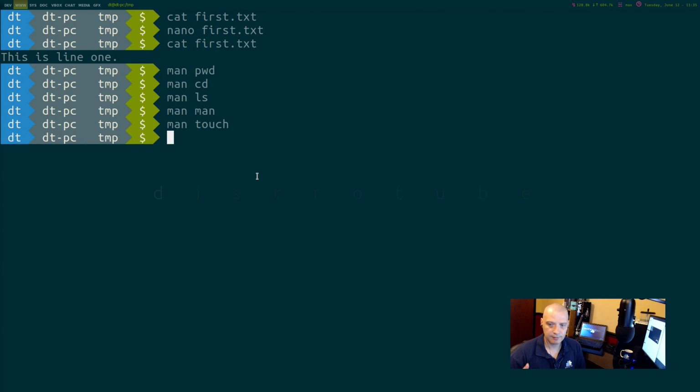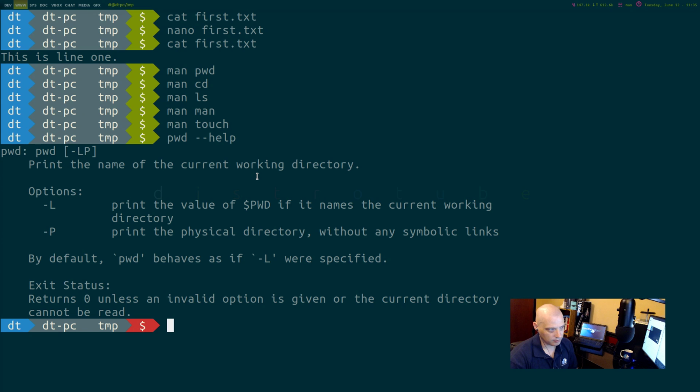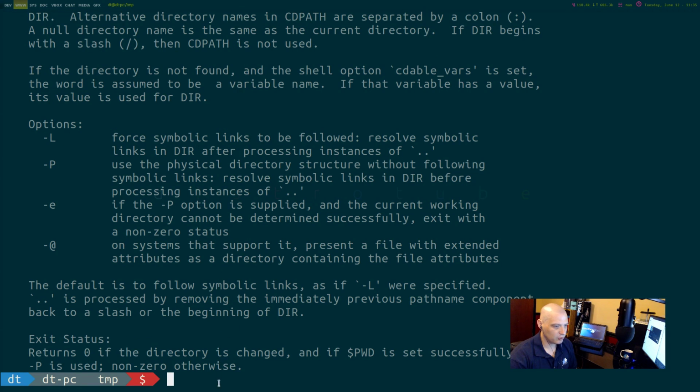Another useful way to get instruction manual type information is using the help flag. So, say pwd space dash dash help. Oftentimes, it will give you help information. Basically, it just returns everything we saw in the man page in this case. pwd didn't have much of a man page, so cd space dash dash help. Let's see if that also gives us, yep, gives us some help information about cd. So you can do man, name of program, and for most programs you can also do name of program space dash dash help.